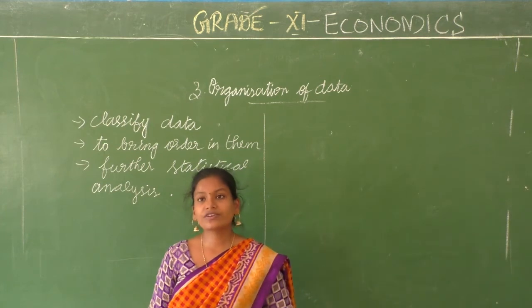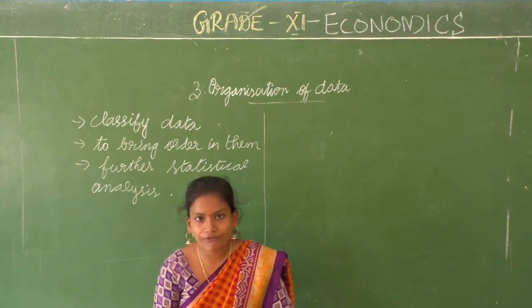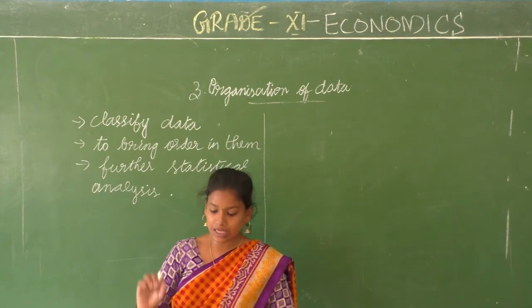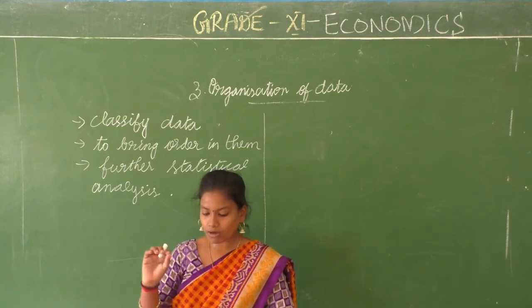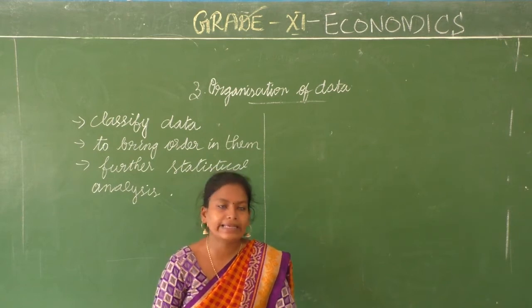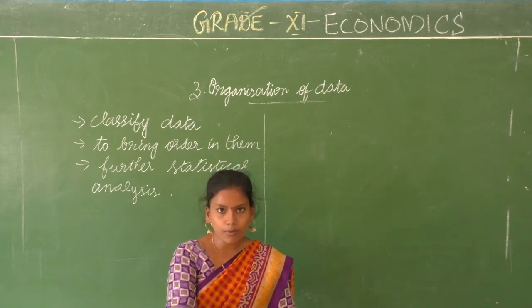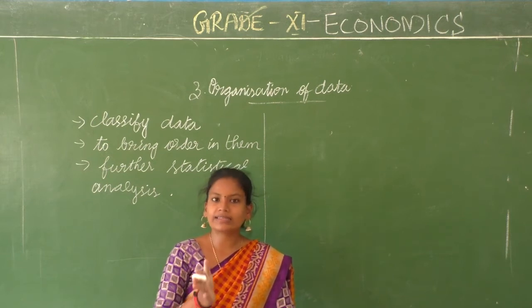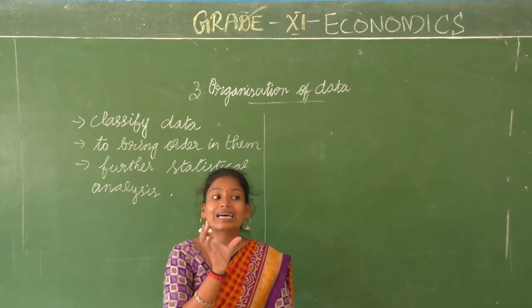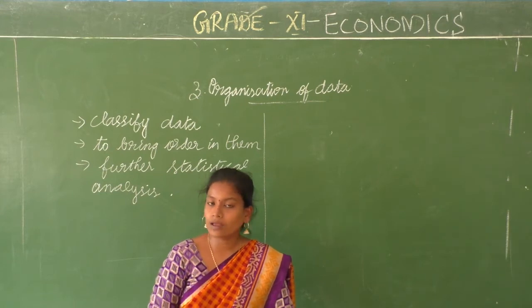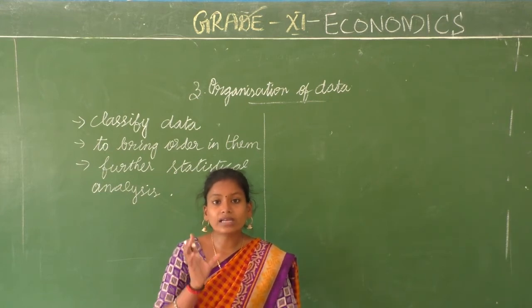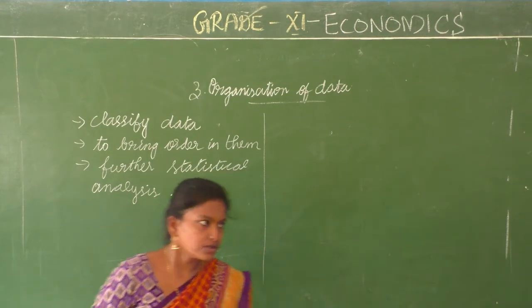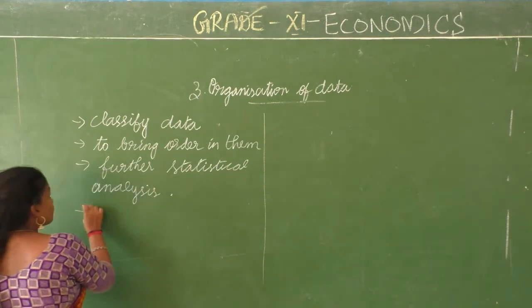Okay, so classification. What is classification of data? It is arranging or organizing things into a group or class based on some criteria. We said when we talked about table tennis or when we talked about sports items, we said that based on indoor, outdoor. That is called a criteria. Clear children?